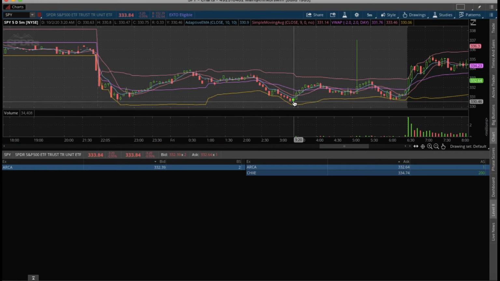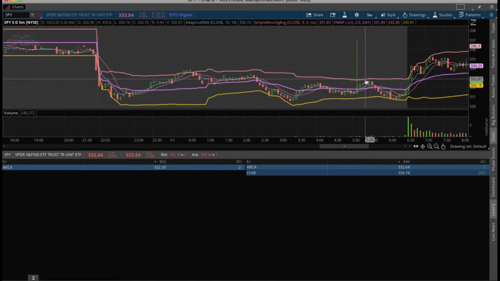Okay, so there we go. We see that there's a double bottom. Double bottoms usually, not always, there are some exceptions, mean that at some point the stock can reverse to the upside. So there we go. Okay, and we saw that there was some support here, 331. It really had a super high top wick, but I wouldn't have touched that. Maybe around here, 332, if you're looking for more scalp plays,